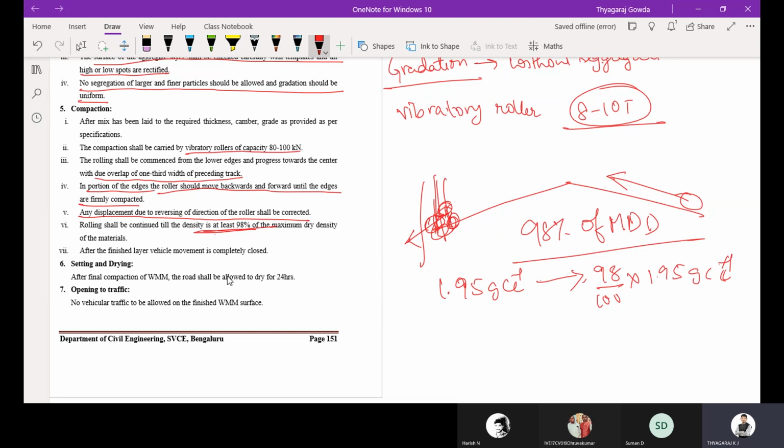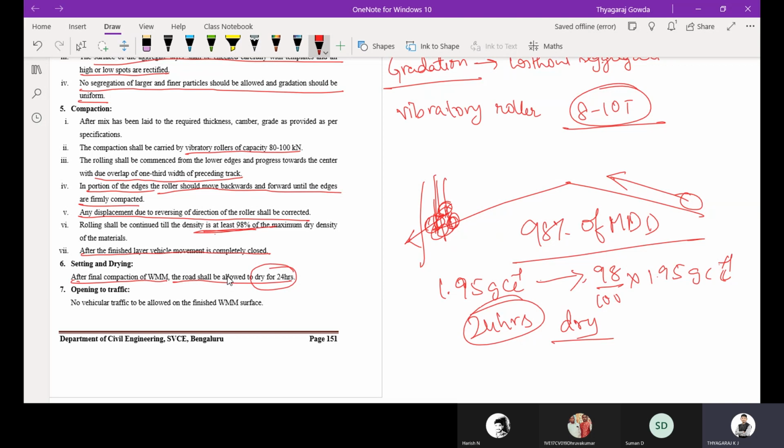Then setting and drying. After the finished layer, vehicle movement is completely closed. Here also we are not supposed to allow the vehicles to move. After final compaction of the WMM, the road shall be closed for 24 hours to dry.